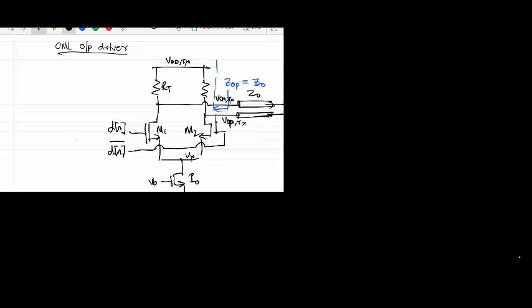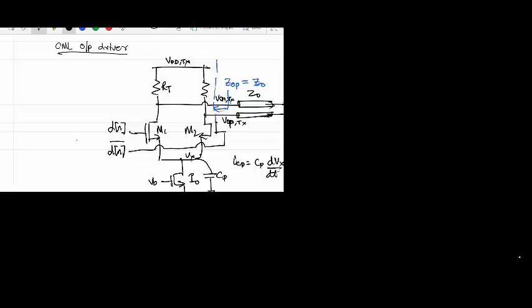The other thing which happens is that the Vx node potential will actually increase. Because you are applying a high voltage and the current is the same, only the overdrive required for that current is maintained, and Vx will switch. Any high speed switching on the Vx node means that whatever capacitor is located at this node will carry a current. So let me say ICP is equal to Cp dVx by dt.